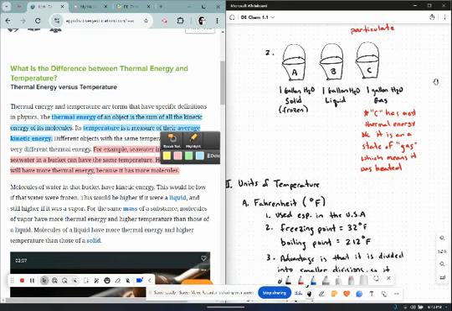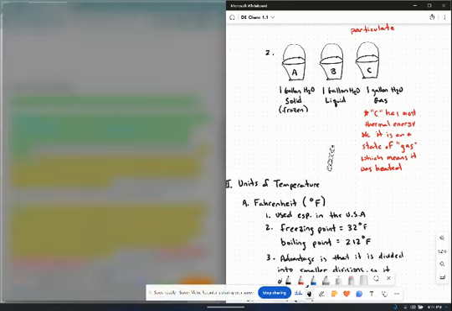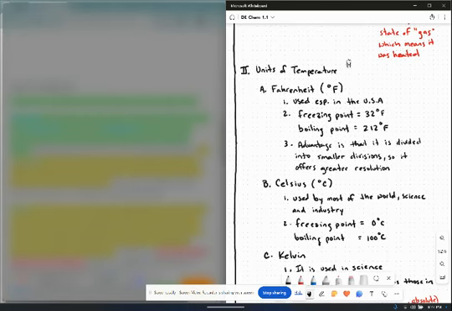Then we would say that C has the most thermal energy if all of these waters are the same type of water, because it's the hottest. You've put in more thermal energy. You've heated it up for a longer period of time. So all of those molecules are vibrating at a fast rate. Okay. All right, that brings us to the final part of Explore page 2, and that is how do you